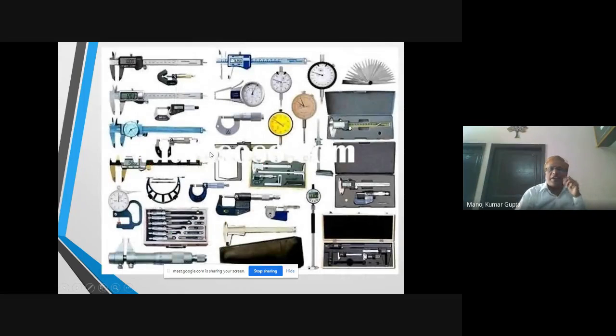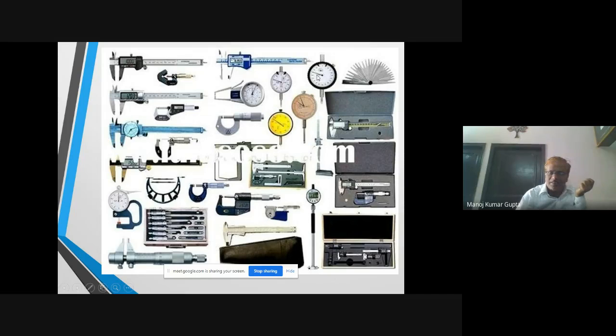So these are various diagrams of measuring instruments. This is a vernier caliper, but of digital type. There is an indicator on this, and the reading comes up. This is also digital type. There is a dial, and digits are written on it. This is also digital type. This is also digital type. This is a micrometer. We have to take manual readings on this. This is manual. It has a dial gauge also. This is a vernier caliper, but it has a dial gauge also. This is also a vernier caliper.